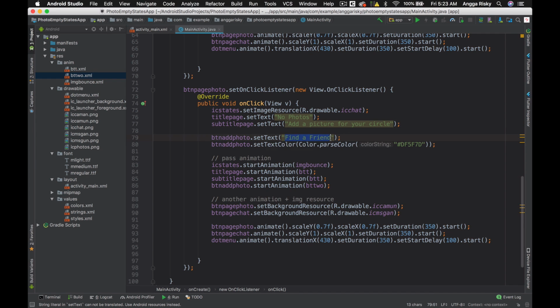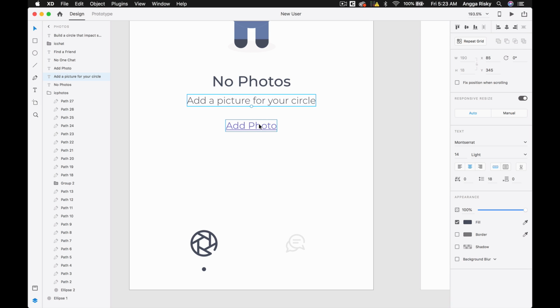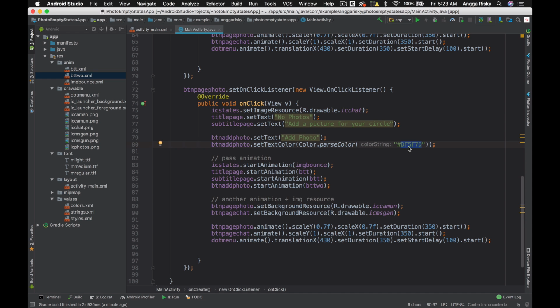So over here add photo like this. Okay, and then right now we have to give the parse color, which is the purple. So I'm going to simply copy this like this. Okay, and then for this image resource, it has to be AC photos.